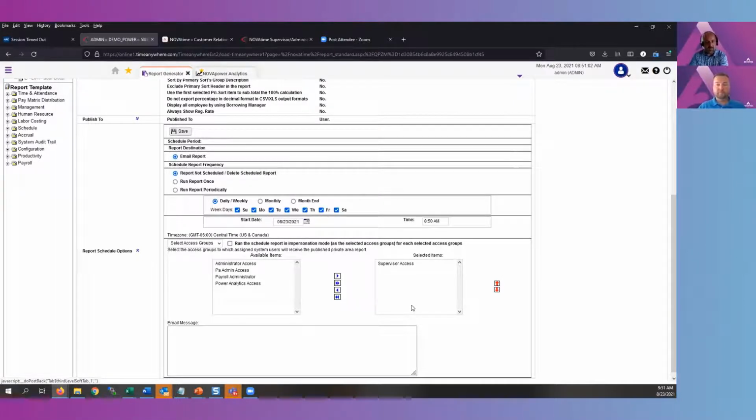So what we've done is added this impersonation mode. Now as an admin, I don't have to create 20 different reports for each department. I just come in here and I select run the scheduled report in impersonation mode. And you notice it reset, so I have to bring this back over. But once I set this,